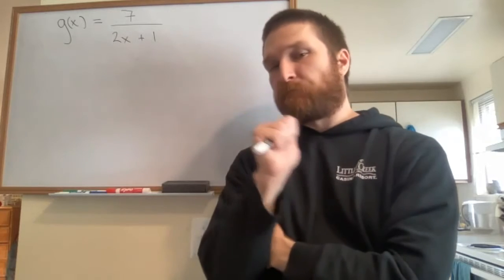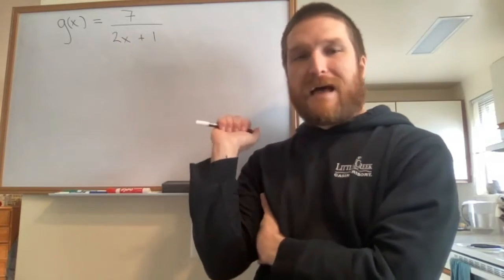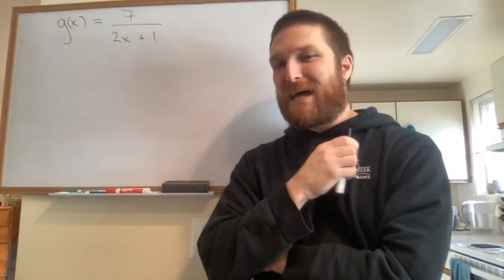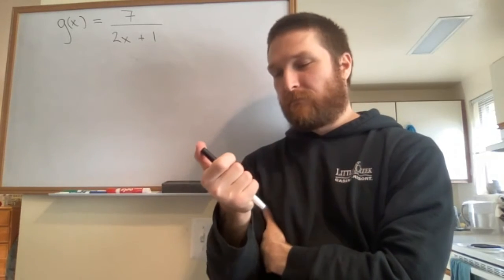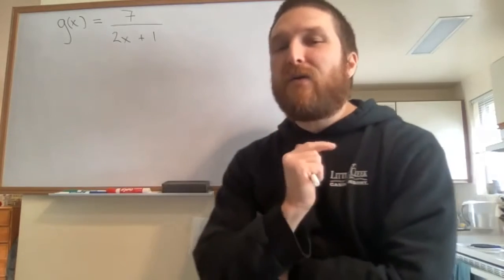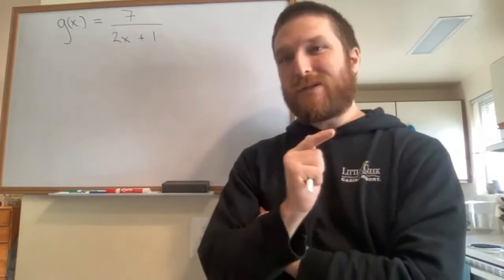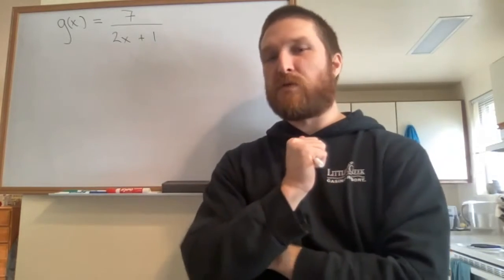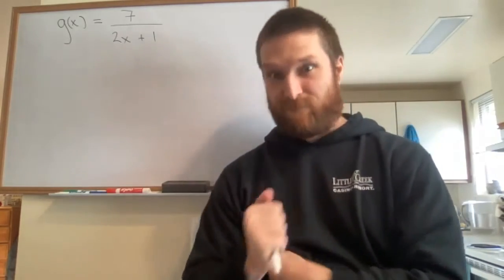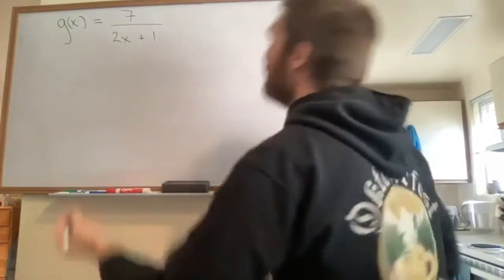And so the denominator of this cannot be what? 0. The denominator cannot be 0. So how can we find what inputs would give us 0? What would you do? Would we set the denominator equal to 0? Yes,